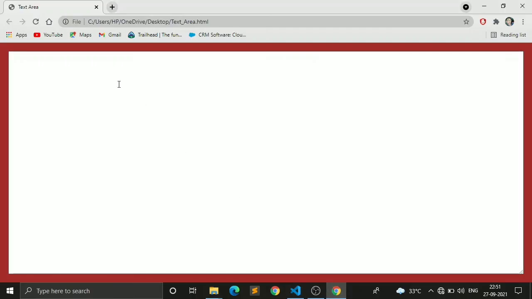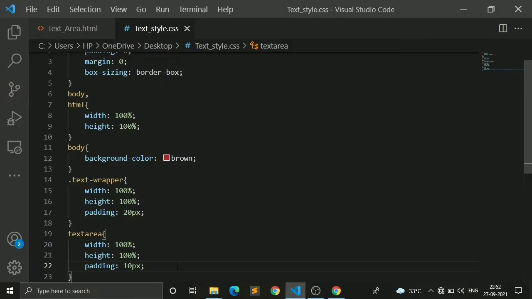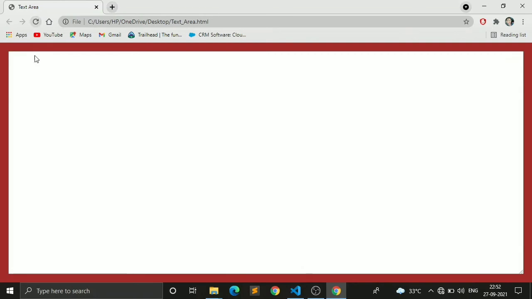So now I haven't refreshed my page, but I am writing something, and it is starting from the corner, but I think that it is not looking good, so I want to give some gapping between the text wrapper and the text. So I will refresh it, and when I type now, then you can see the gapping is now visible, but it is very little, so I want to give it as 30 pixel. Now it is okay. Yeah, you can see that it is from here.